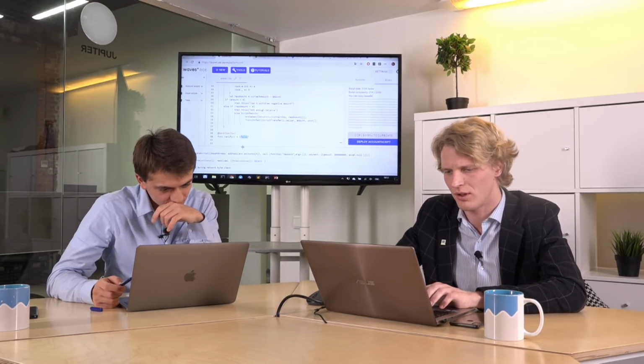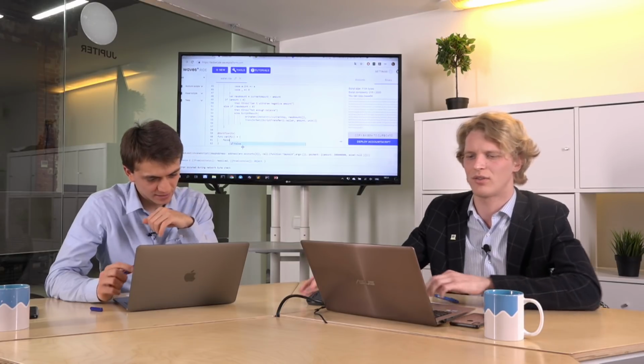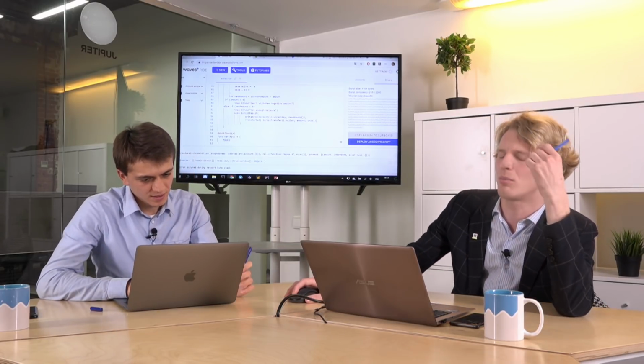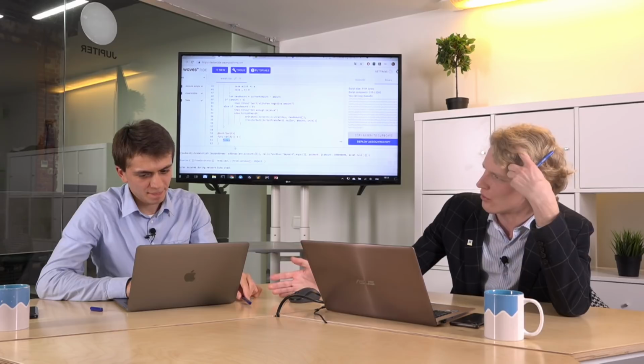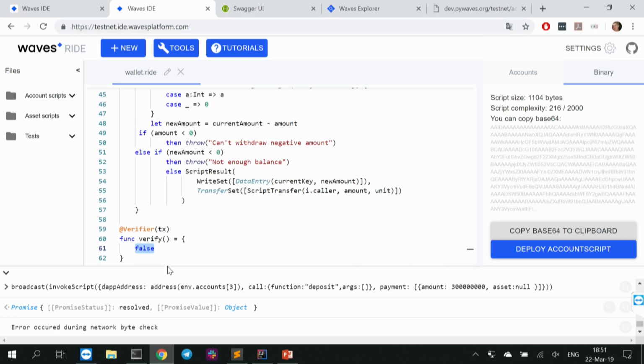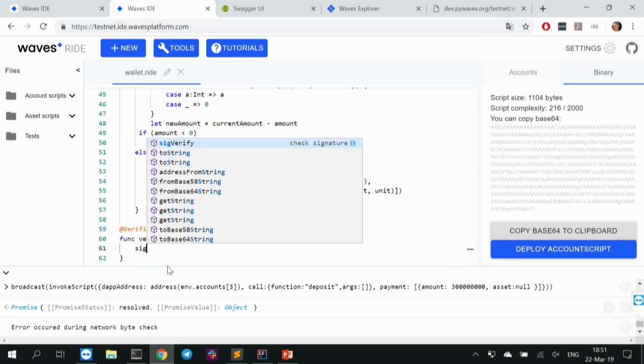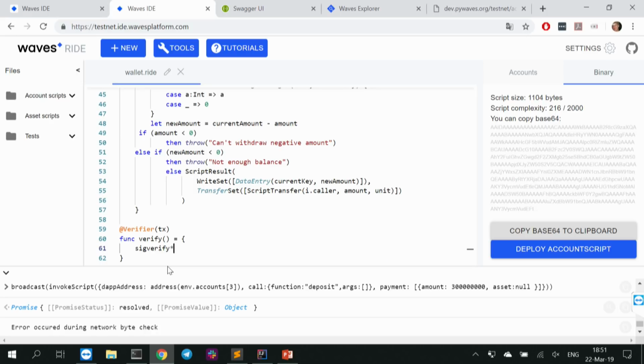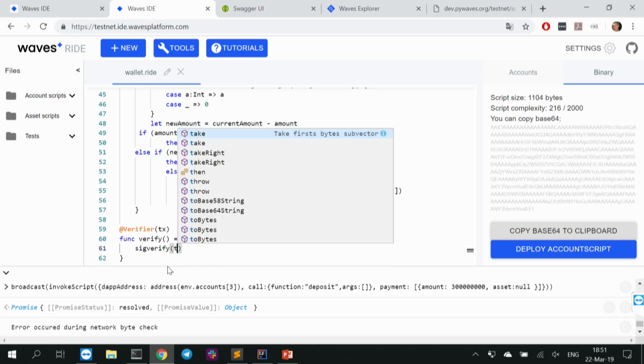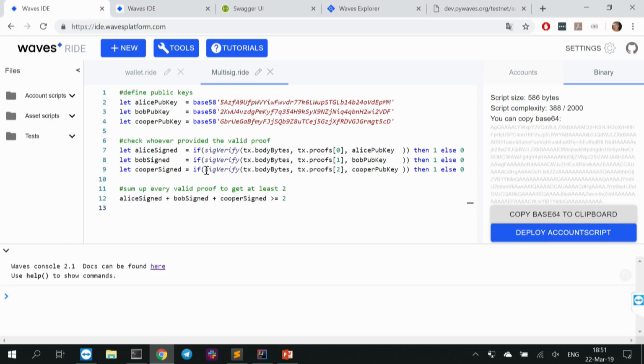So the thing is that this is where we put the old predicate. In the old version we had a predicate like sig verify, something like this. It requires a lot of parameters. Let's copy paste from somewhere. Let's say that it could be multi-sig, right?